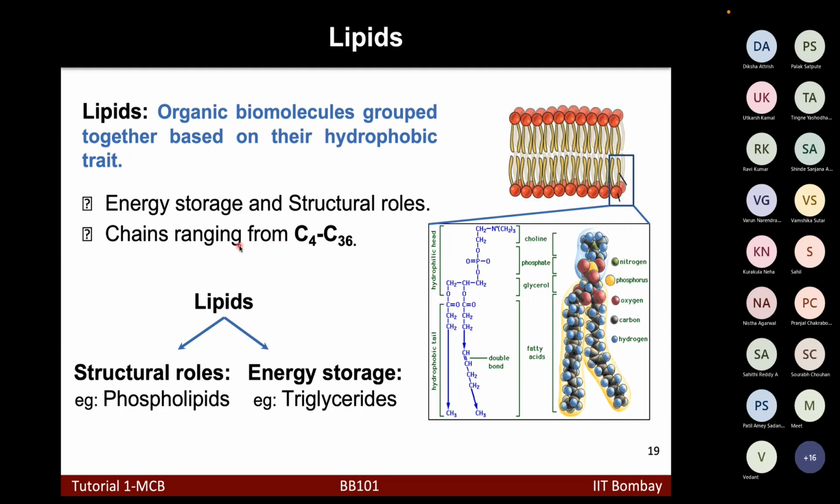These lipids have long chains of carbons, usually ranging from 4 carbons to 36 carbons. And lipids usually play two kinds of roles. One is the structural role, like the phospholipids in the cell membrane, and they also form